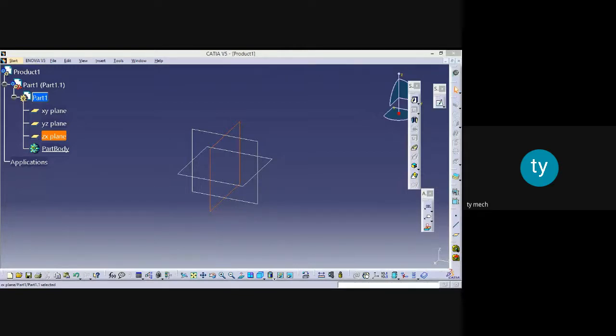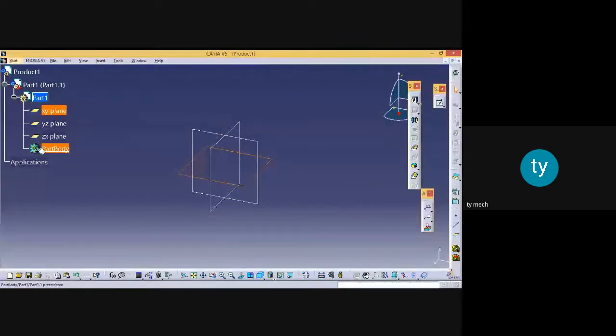That may be any of XY, YZ or ZX. So first of all, understand this once again. This plane is the XY plane. If you click here, the vertical plane is the YZ plane, and then the ZX plane, which is perpendicular to this, you can see. When you click on a plane, there is a red color on the plane. So you can understand you have selected that plane.